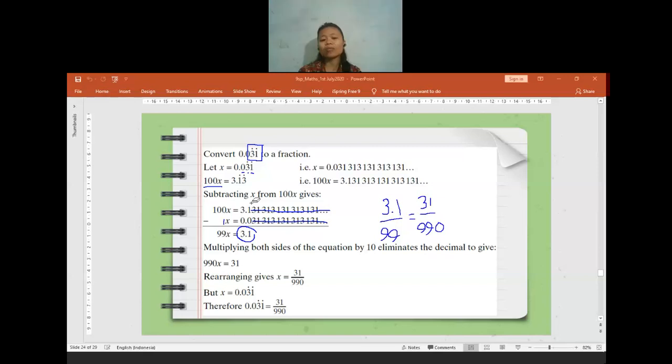Which one is confusing for you, please let me know. Do not only tell me, teacher, I do not understand. Tell me which part is confusing for you, because all the things are done the same way. Check how many digits are repeating. When it is 2 digits, it means I need to find 100x. When it is only 1 digit, it means I need to find 10x. If it is 3 digits, it means I need to find 1000x and so on. After that, we do a subtraction like normal, and then the number with the x will move to the other part and become a numerator.